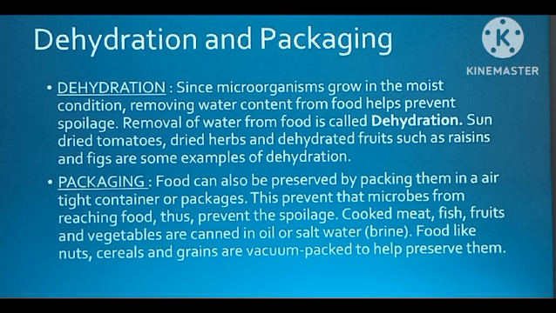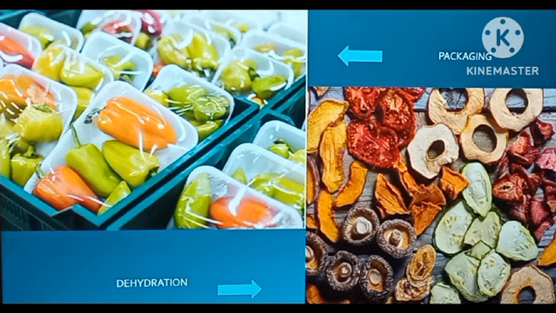Packing. Food can also be preserved by packing them in air-tight containers or packages. This prevents microbes from reaching food, thus preventing spoilage. Cooked meat, fish, fruit, and vegetables are canned in oil or salt water. Food like nuts, cereals, and grains are vacuum packed to help preserve. Here we can see the